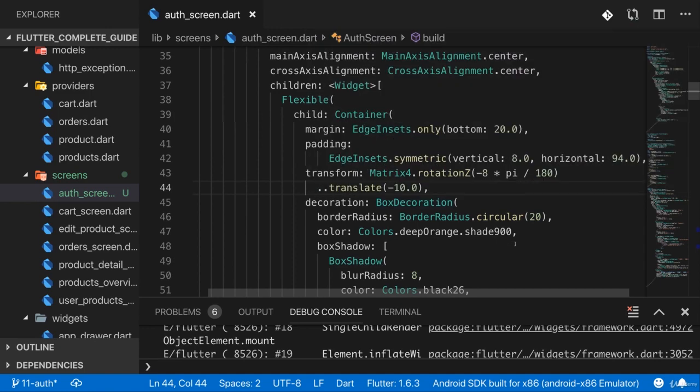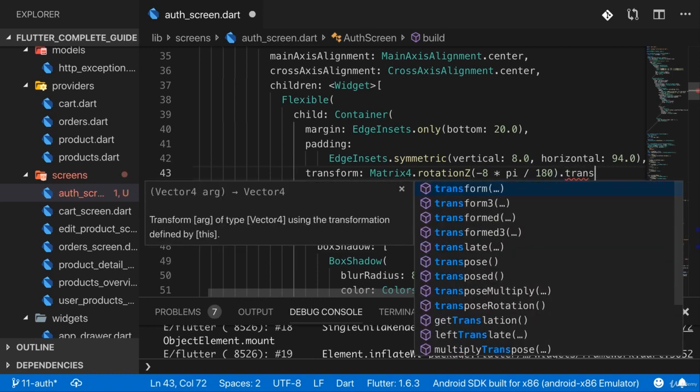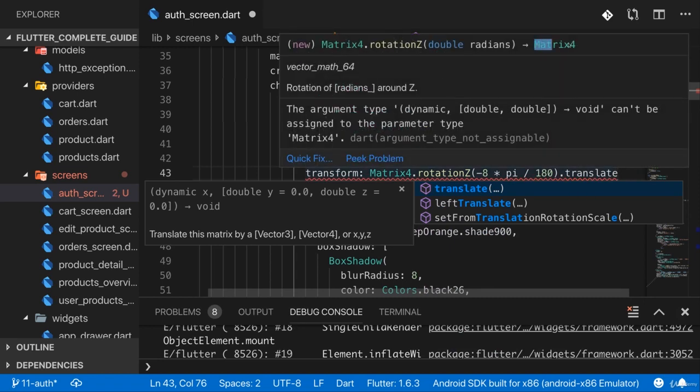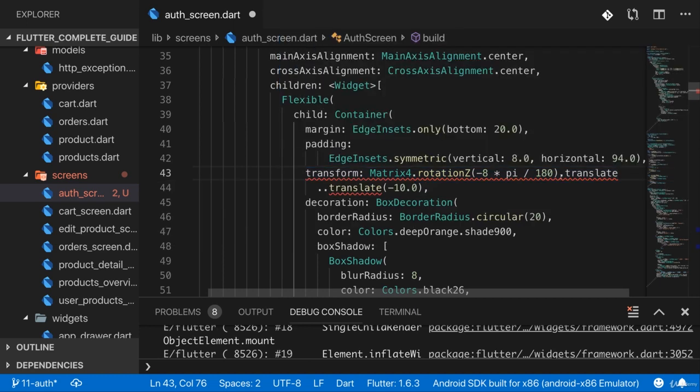Now, what's strange here is this translate syntax, though. This is a syntax we haven't seen before in the course. We know that we can, of course, chain method calls together. For example, here I can add a dot, and then here I could call translate. So the matrix for object, which rotation set returns, has a translate method, as it seems. Now, I'm doing this translate call here basically because I don't just want to rotate this, I also want to offset it a little bit. And translate is a method that offsets the object, or that adds some offsetting configuration to the matrix for object.